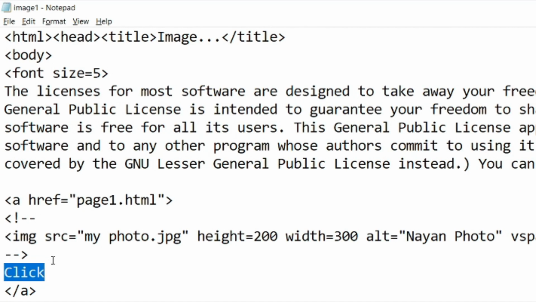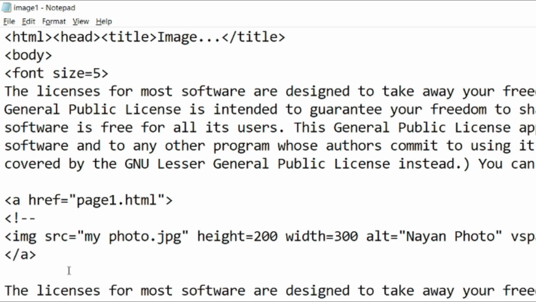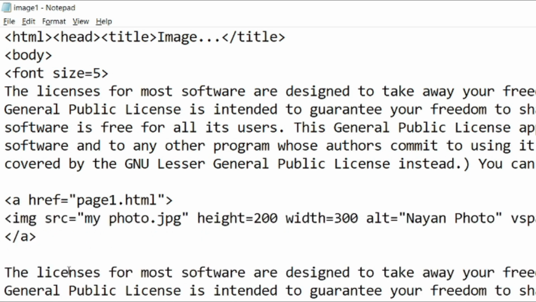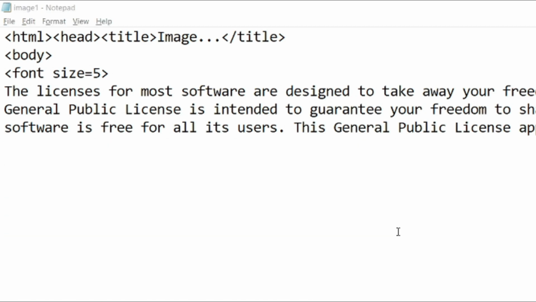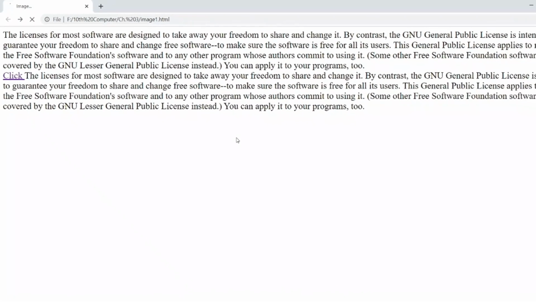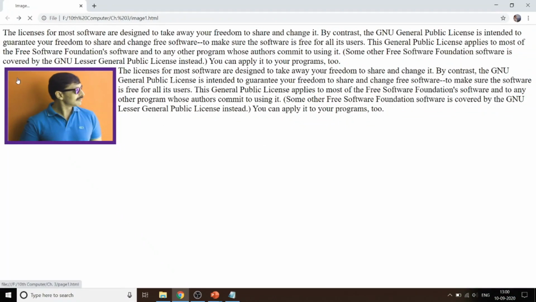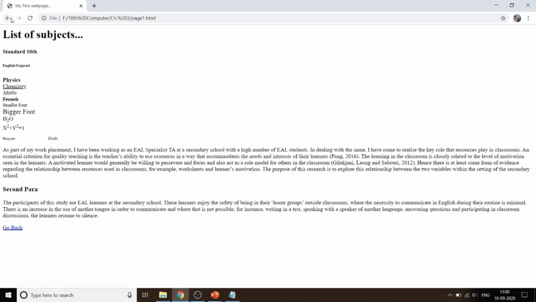So let us remove this click now. It was just to show you. Remove this comment so that the image will be activated. Now we have the image written between a and /a, so the entire image is working as a hypertext or hyperlink, and clicking on that link takes us to the page. Anywhere you click, it will take you to the same place.